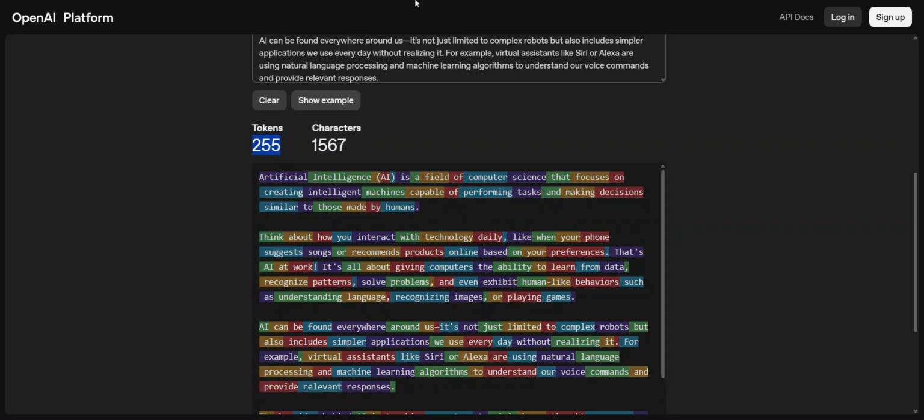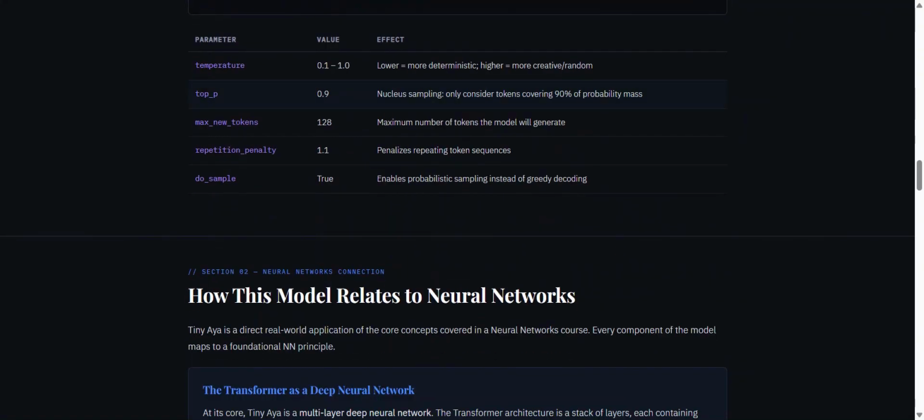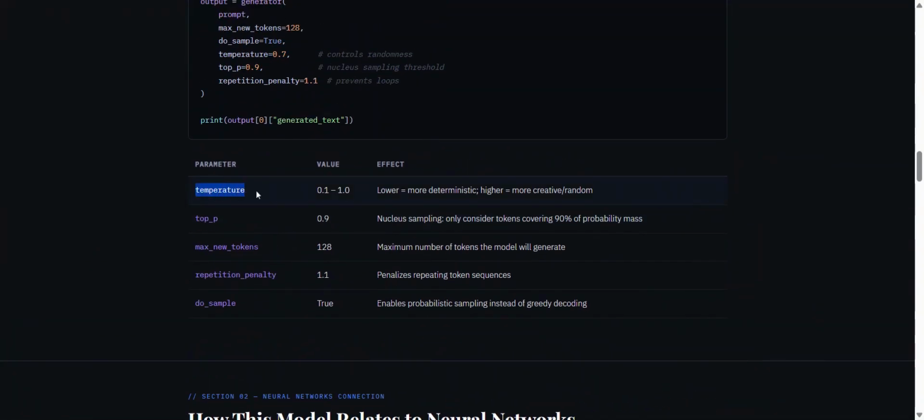Then let's talk about the parameters. Parameters, meaning temperature. If we use lower temperature, it is more deterministic. It can be used on applications such as a law chatbot, an application that needs to be deterministic on the output. And if you want to have more creative and random output, we can use higher temperature.